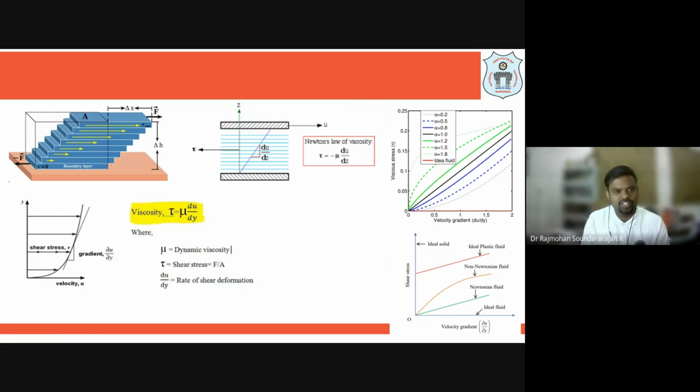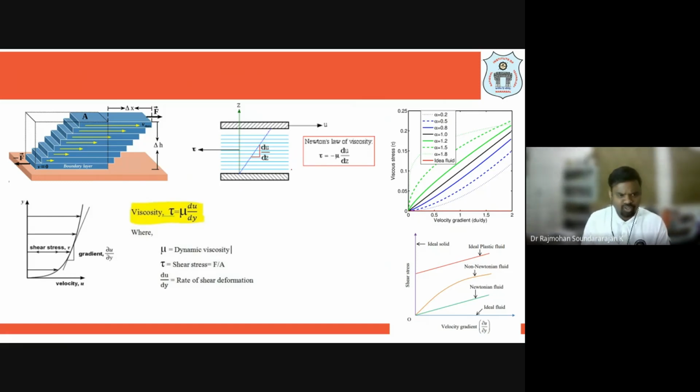Whereas if you consider different layers, the layer of the liquid or fluid which is far away from the solid boundary will be moving with a maximum velocity because it has no strings attached to it. That means it is free from any influence of the solid boundary, which we call 99% of uniform velocity. So the boundary layer ends where you have 99% of the average velocity, right? That was also discussed in the fully developed flow video.